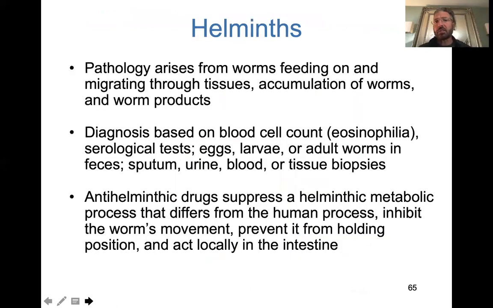So pathology arises from worms feeding on or migrating through tissue. All right, and we're going to see coming up, you can have an accumulation of worms or worm products. So depending on your, they'll call it your worm load or intestinal load. If these are growing in your intestines, they can start binding it up where you actually have to go in and get them physically removed. All right. What we don't want is worms feeding on or migrating through tissues. We don't want them leaving. If they're in the GI tract, it's annoying, all right? But the minute they leave your GI tract, they're very, very hard to get rid of at that point.